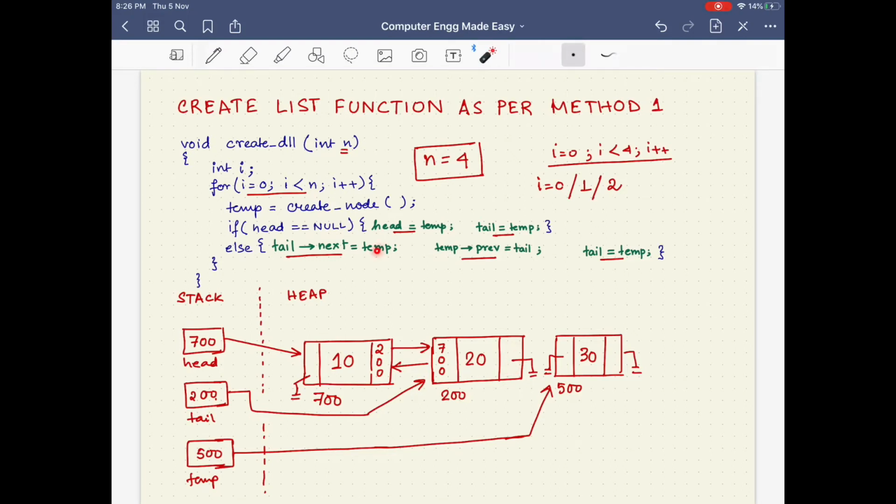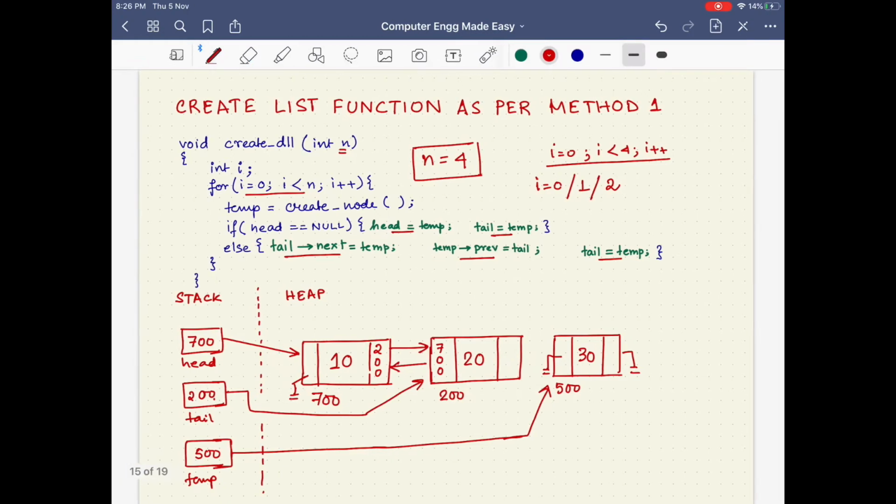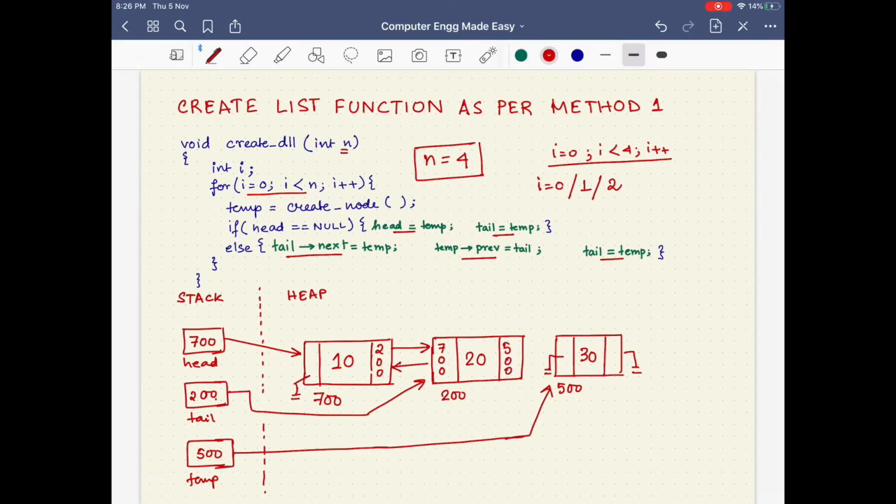So we have to store the value, or the content, of the variable temp in the tail next part. That means this 500 will now get stored over here, indicating that it will no longer be null, but 500, that is the address of the last node created, will get stored over here, indicating a link like this has been established.